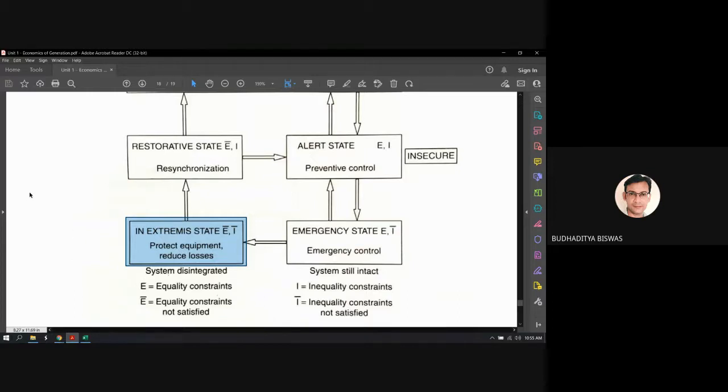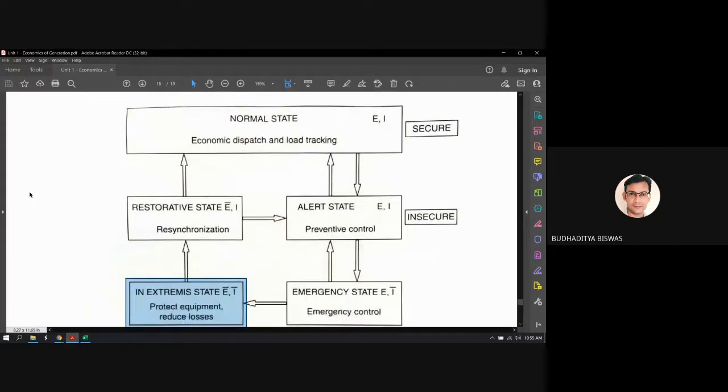So these are the states in the power plant. It's not necessary that every time we go from normal to alert or alert to emergency. If everything becomes healthy, or if you are able to control all these things quickly within this time, then it becomes the normal state again. But the main problem is that if the load demand were constant, then every power plant in the whole world would always remain in the normal state. But the load demand is not constant, and the variation is also not very slow. If it is a slow variation, then the plant may stay in the normal state, or sometimes go to the alert state, but sometimes huge variations are there.